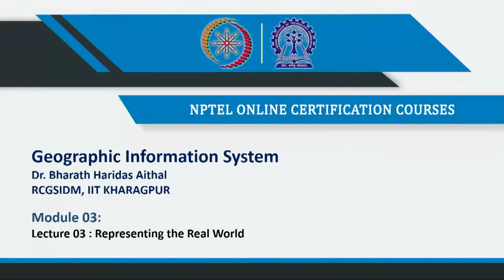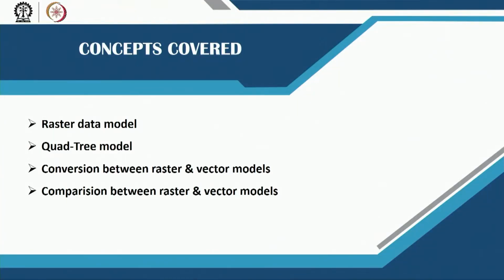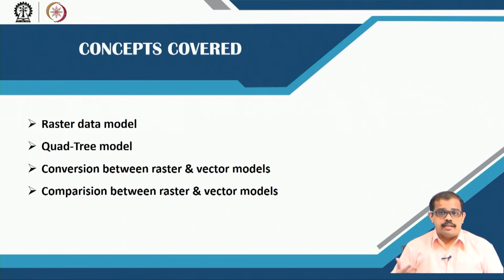In today's lecture, let us look at the second type of data model, that is nothing but a raster data model. In my previous class, we looked at the vector data model, the two types of vector data model, that is spaghetti data model and your topological data model. Spaghetti has its own disadvantages in terms of not having the topological information, whereas your topological data model has its topological information embedded into it. That is why the topological data model is quite better, but it is quite complex, whereas spaghetti data model is quite simpler. So, this is what we learnt in the previous class.